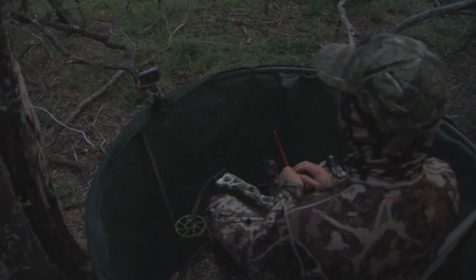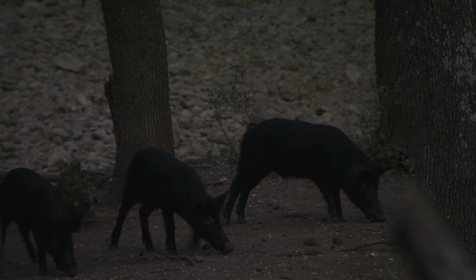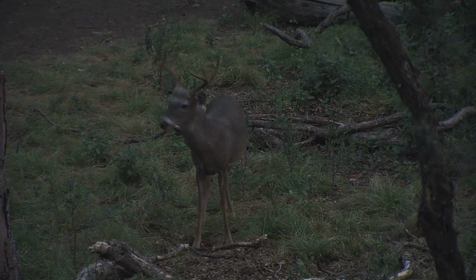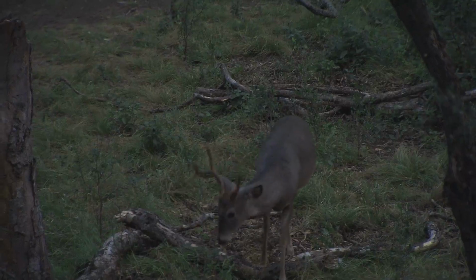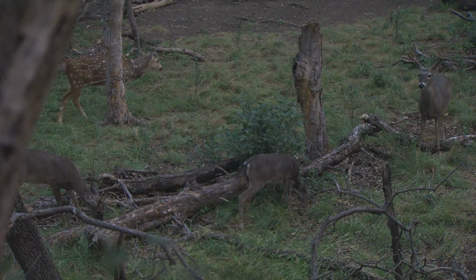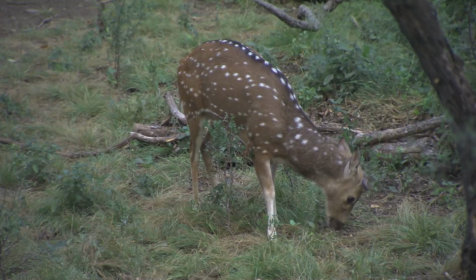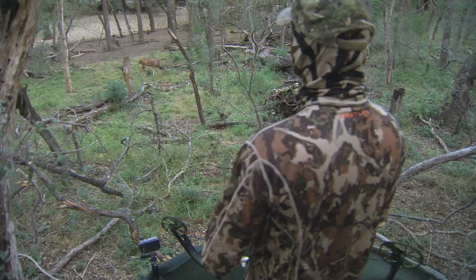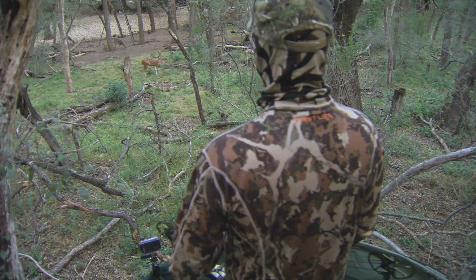As soon as you settle down, stuff starts moving around, and that's exactly what happened here. We started having some pigs move in, and they were kind of milling around. We had 2 or 3 immature white-tailed bucks and some does along with them come right down in front of us. Lo and behold, we saw that same axis buck that had shed his antlers. He came in, he came right up to us. He actually looked right at us for a while, but we stayed motionless